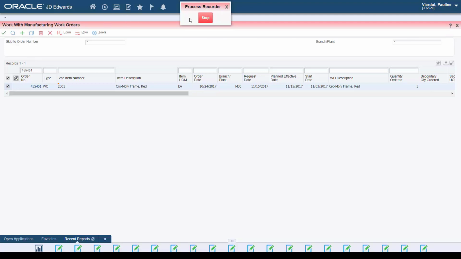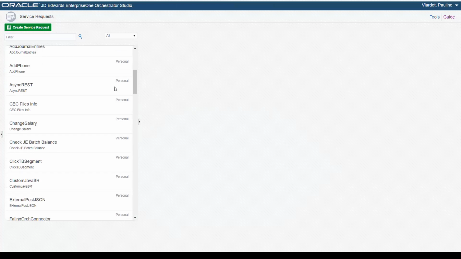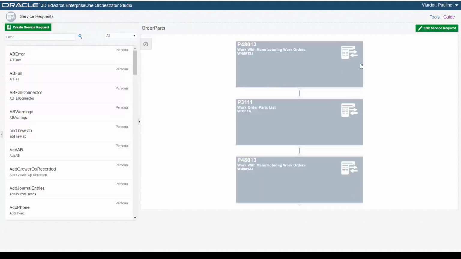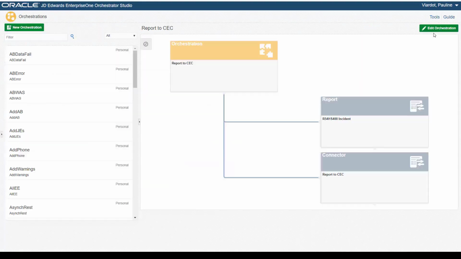When finished, you stop the recording, name the form request, and if desired, select any fields that contain values that you want the form request to return from EnterpriseOne. Back in the Orchestrator Studio, you can open a form request created in the Process Recorder and make any necessary modifications. Next, the new Report Service Request feature enables you to launch an EnterpriseOne report or embedded Oracle BI Publisher